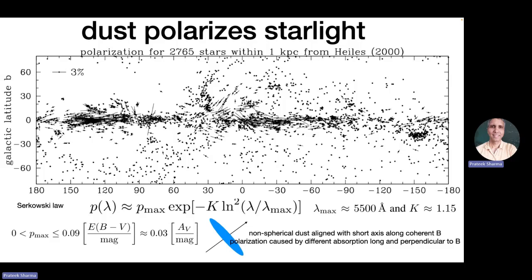For example, all these directions of polarization tell us about the magnetic field direction. In fact, this is used quite commonly by people studying the ISM. Archana Som at IA works on this kind of stuff.